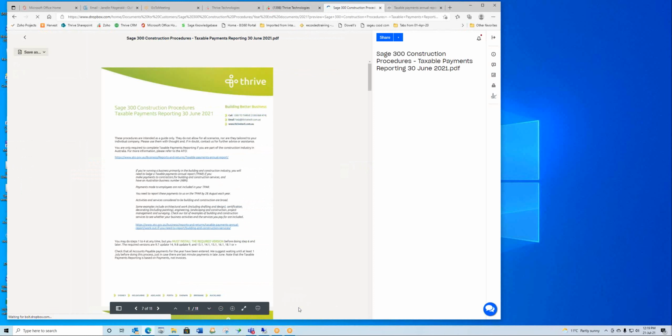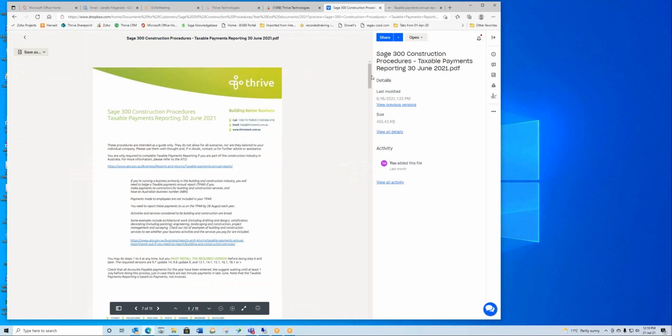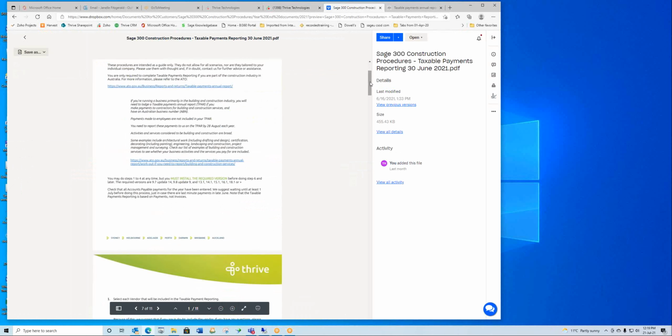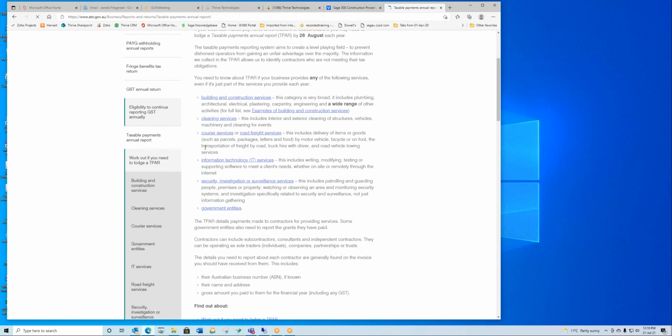Gives you some links to the... And yeah, as Ben was going to say, if you don't have that document or don't have that link, just send an email into the help desk and put in the subject line, please send links for TPAR documents. That's true for review procedures. If you haven't received them, just let us know. We'll send you a link to the